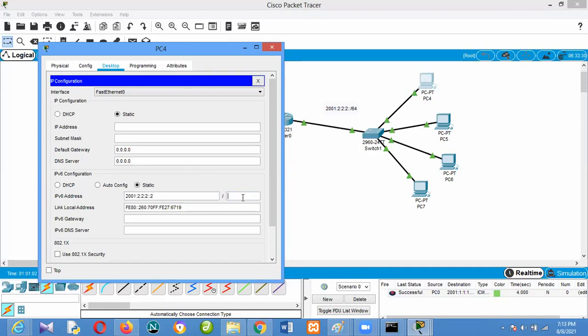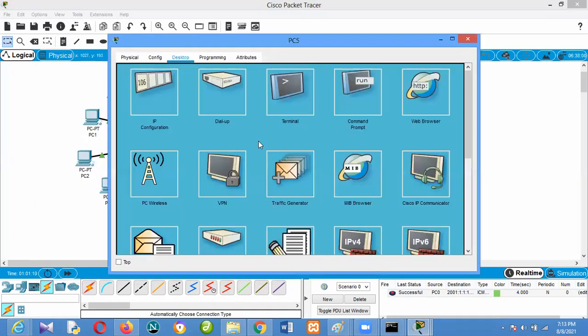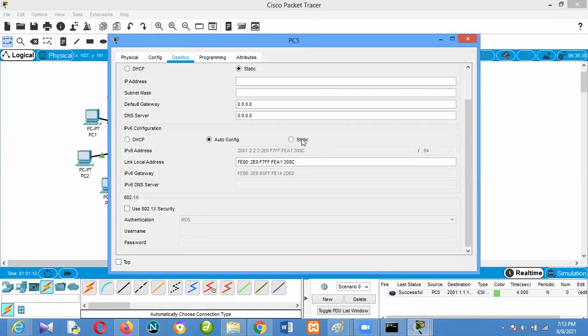Copy this /64. I'm placing my gateway, which is 1. I'll do this one: static. This one can take 3, prefix length 64.